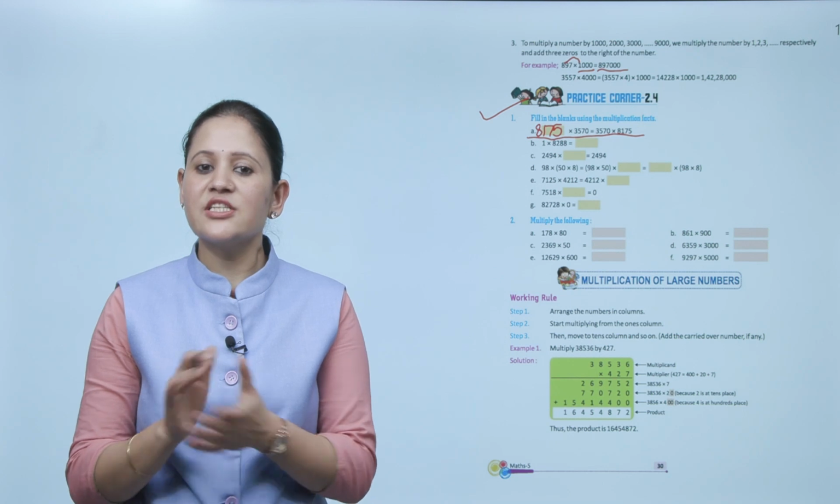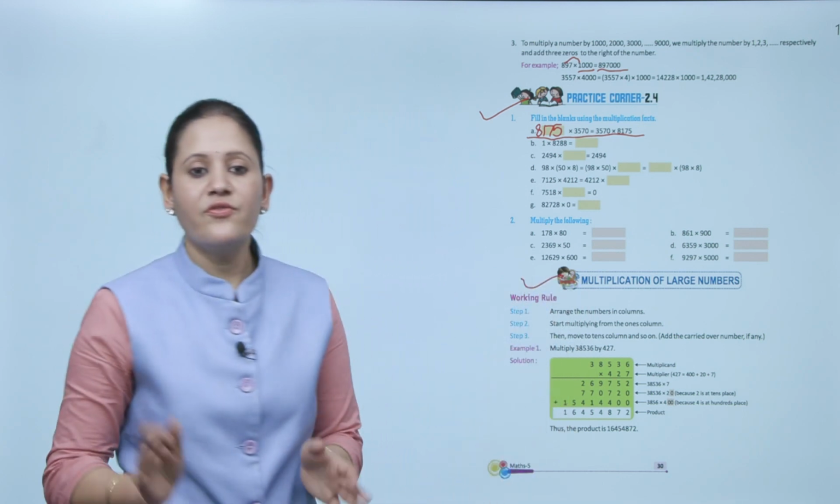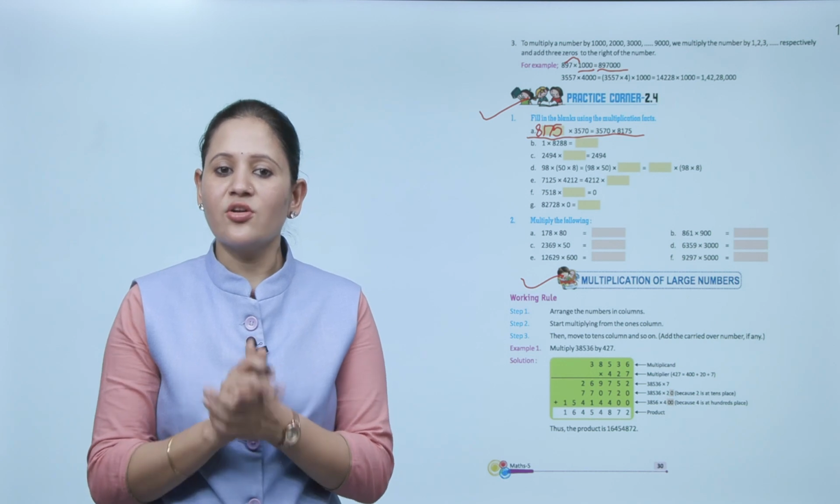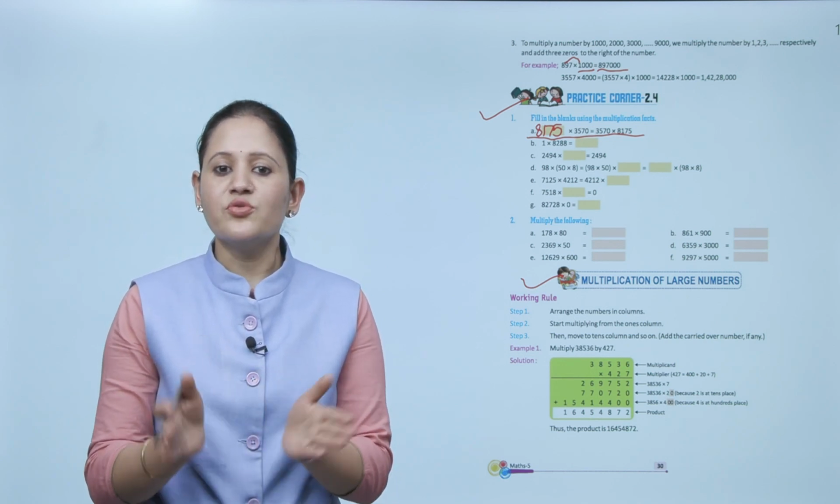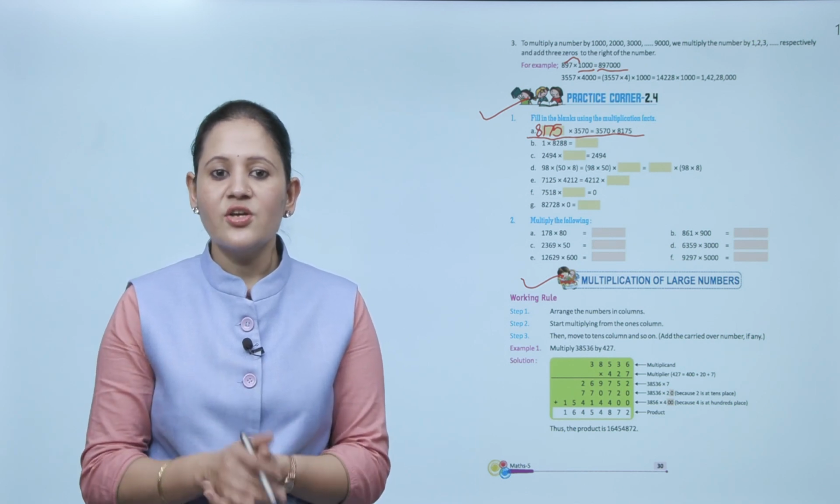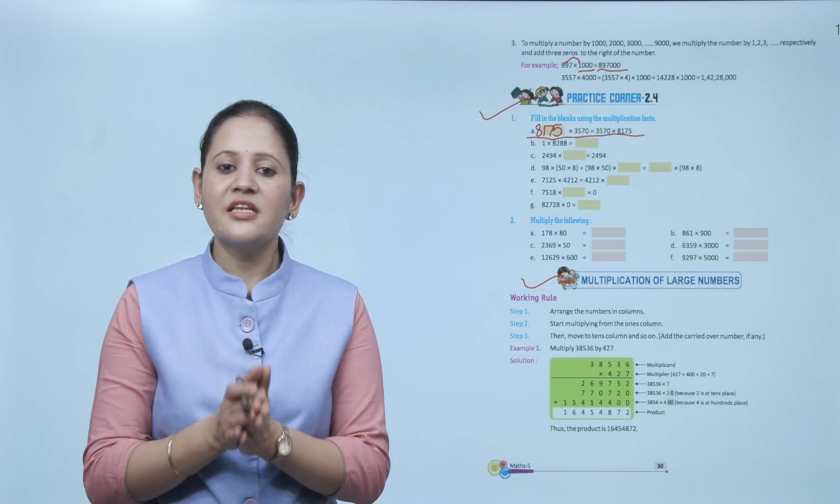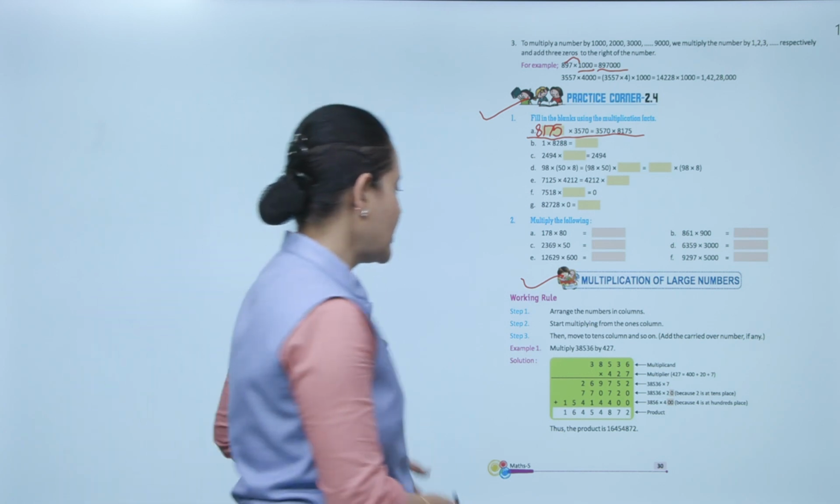Next is multiplication of large numbers. Working rule. Step 1. Arrange the numbers in columns. Start multiplying from the ones column, then move to the tens column and so on. Add the carried over number if any. So here we have to multiply 38,536 by 427. So for that,